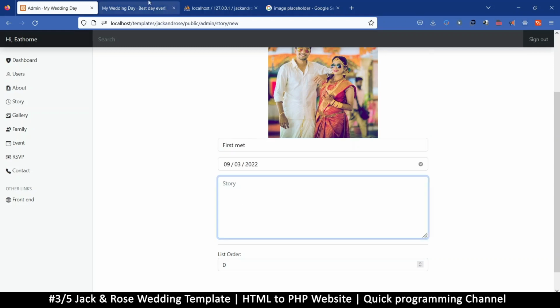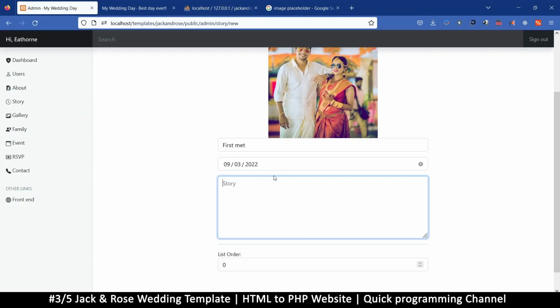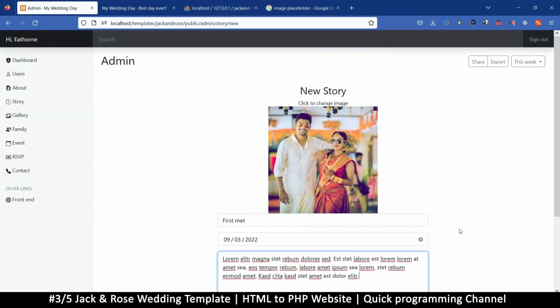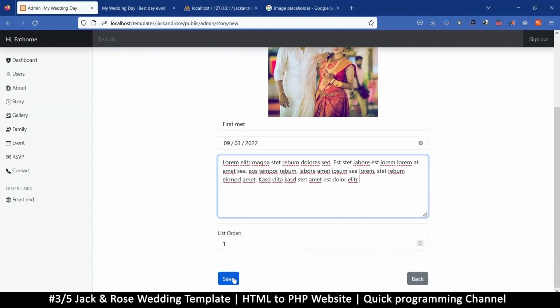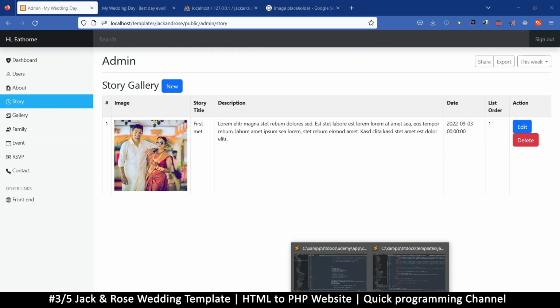The story, I don't really have time to type a story, so we use lorem ipsum here. Let me paste. And the list order is 1, because this is the first part. So let's try and save this. And there we go. So very good. The date here is not so human readable. So what we would do instead is